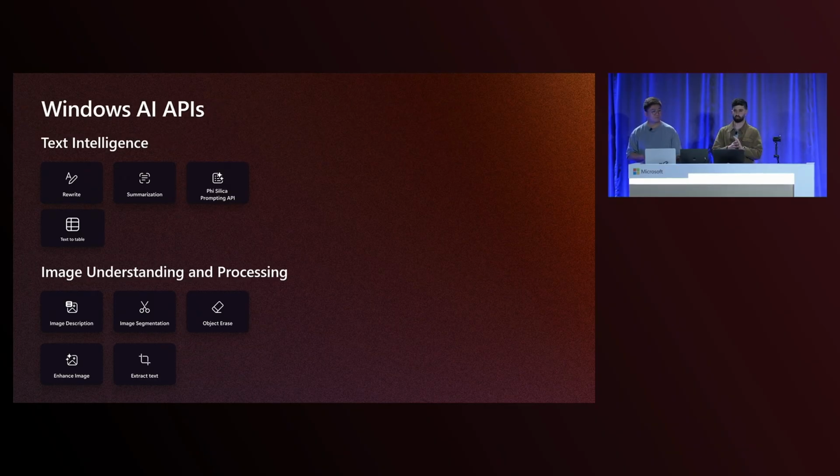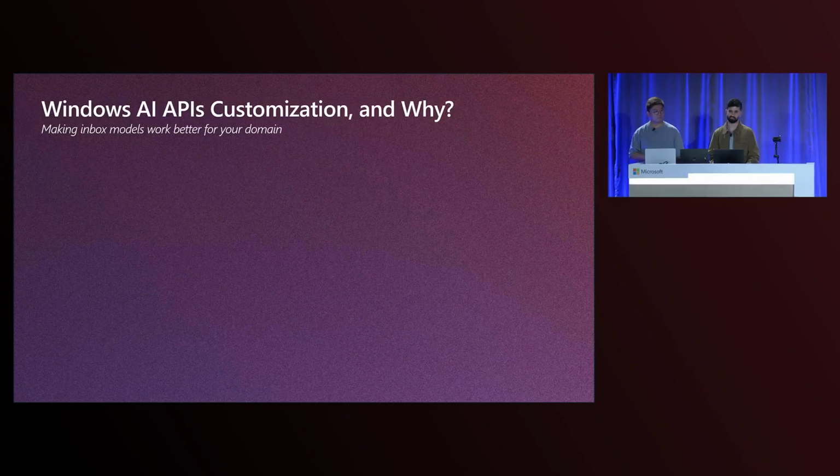But what I really want to talk about right now, I want to switch gears and talk about our language model, specifically how you can customize our language model for your use case. In talking to customers like you, we found out that Phi Silica is great for many use cases, but for some, you need a little bit more. And that's where customizing our language model becomes key. These aren't big infrastructure changes. These are lightweight customizations on the APIs that you already saw.